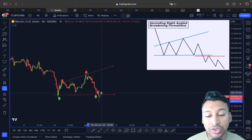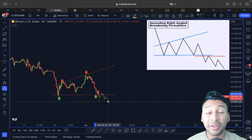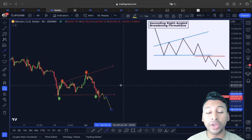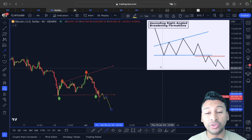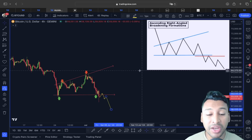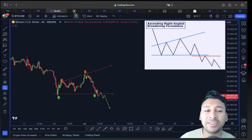I mean, price in the medium short term could show a relief rally like this, but if it fails to regain its strength above 60,000, please be careful, because in that case we could be starting with another bearish continuation pattern known as an ascending right angle broadening wedge formation. So guys, what I'm trying to pinpoint is that in the medium short term we might see some relief rally,